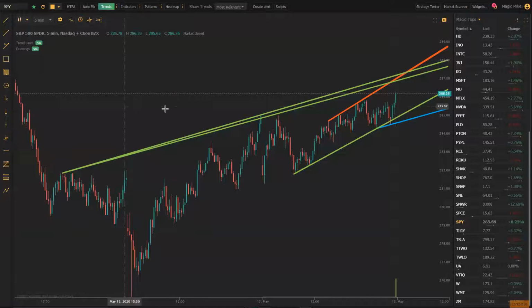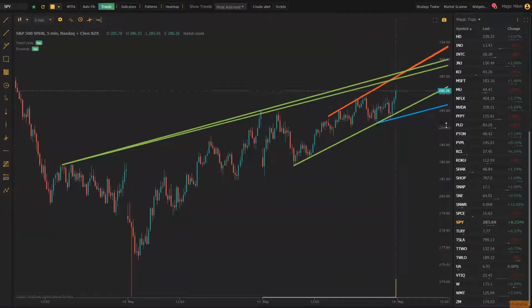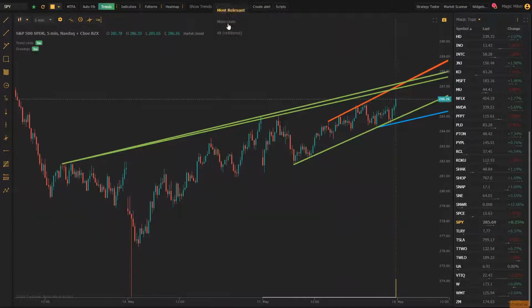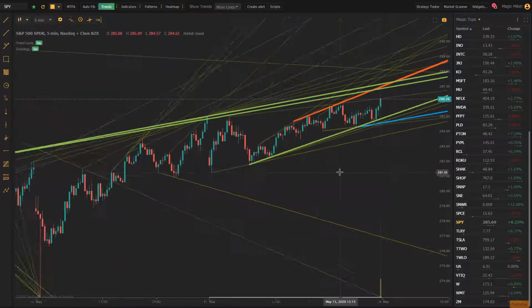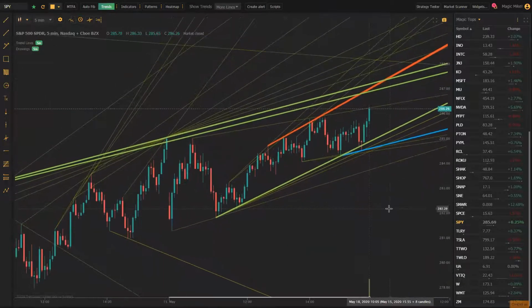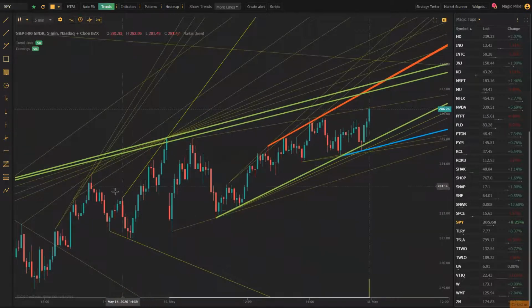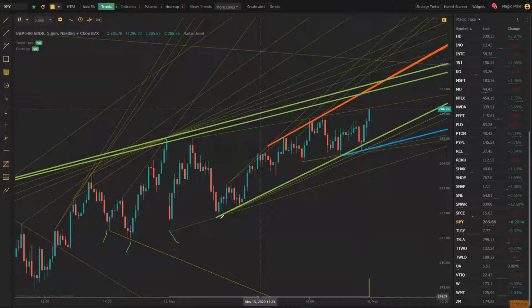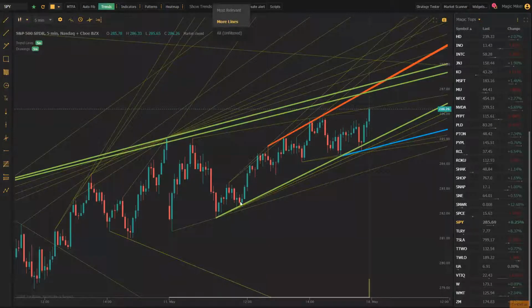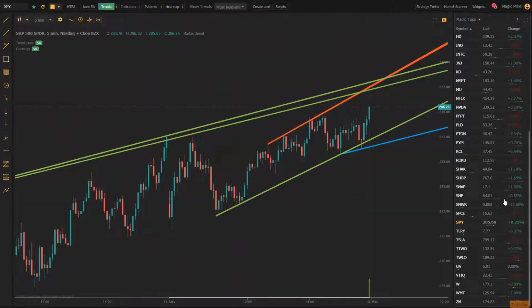So going back to my TrendSpider, it's very nice to have these lines. There are more lines that I can throw in there. If I want to add more lines, you can start using these, but I like to have the most relevant lines because, like I said, this is all computer generated based off of past resistance and past supports that have contact of at least 2 hits. Okay, that's how a trend line is always drawn. So when we're understanding it, it makes it very easy to base off of what channel the stock is going to trade in. I'll cover a little bit on NVIDIA